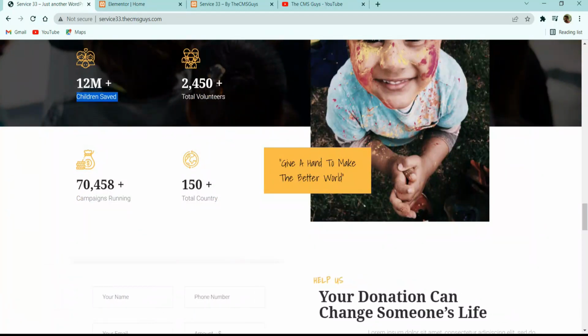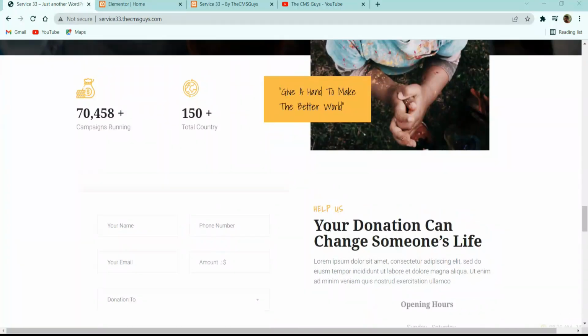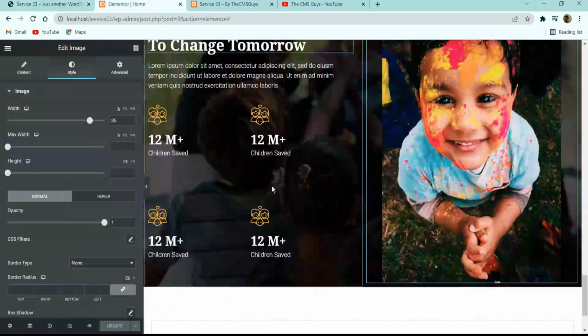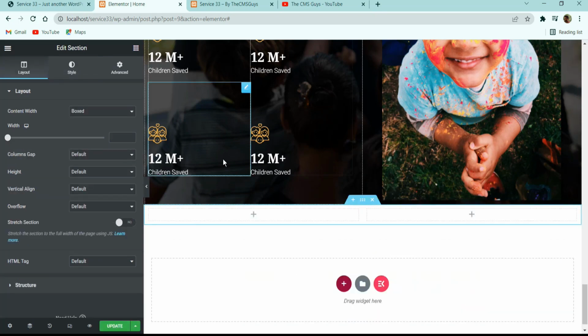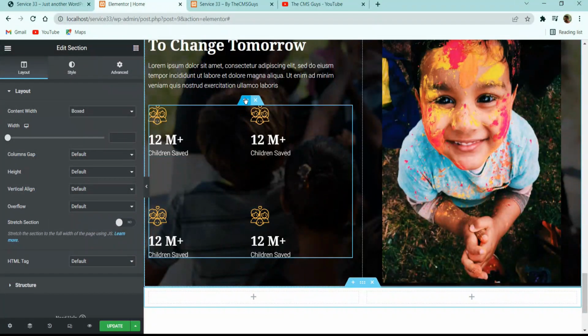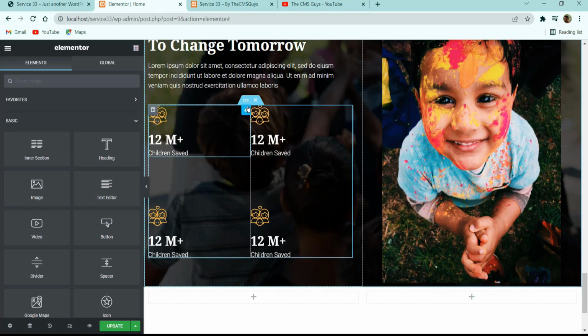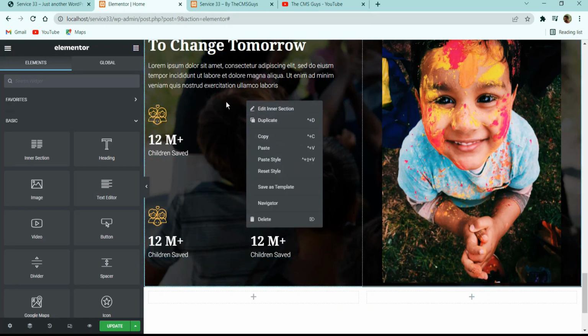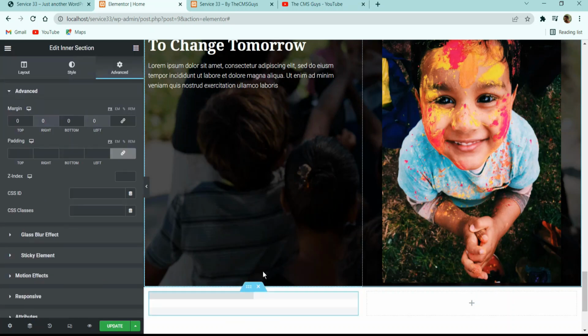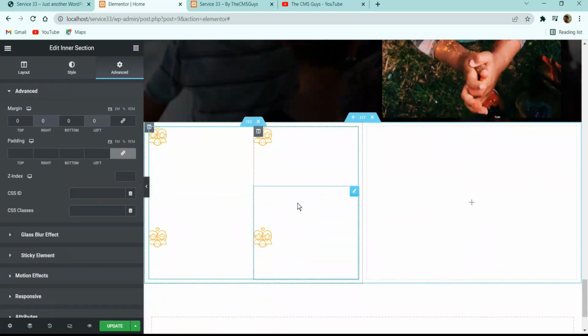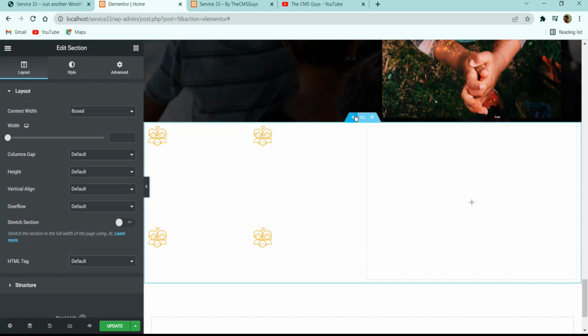So first of all, after this one, again I would like to take another section over here, for which we will create this entire part. So first let me take another section with 2 columns again, and I will right click on it, or I can right click and directly drag it to the left column of the new section which we have created. Now it is not visible, but I will adjust it and you will see how